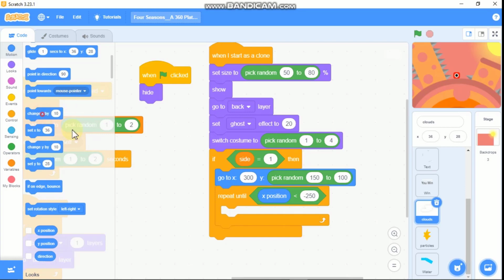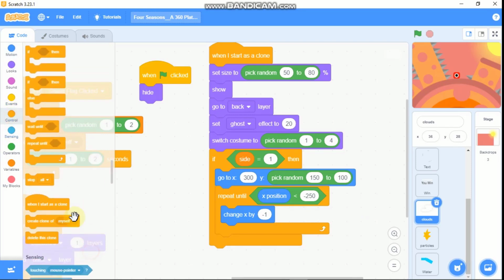Then we need to change our x by negative 1 and delete this clone,